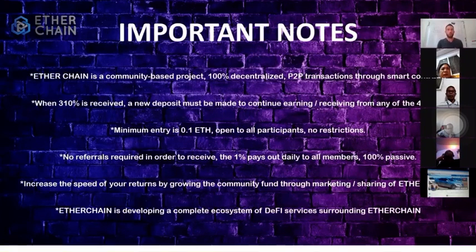So 3% of all deposits going into Tron Chain will be converted to Ethereum and be deposited to the contract address of Etherchain. So now we actually already have the first smart contract platform on a separate blockchain supporting the Etherchain community. And we will deploy and be among the first to deploy DeFi services on the Tron blockchain, capturing an entire new market there as well, fueling both Tron Chain and Etherchain.